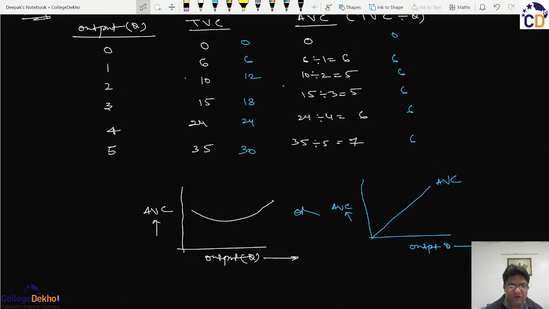So it started with 6, it went to 5, then it reclaimed 6 and went on to 7. I'm again repeating that the average variable cost will first decrease with the increase in the output, and then